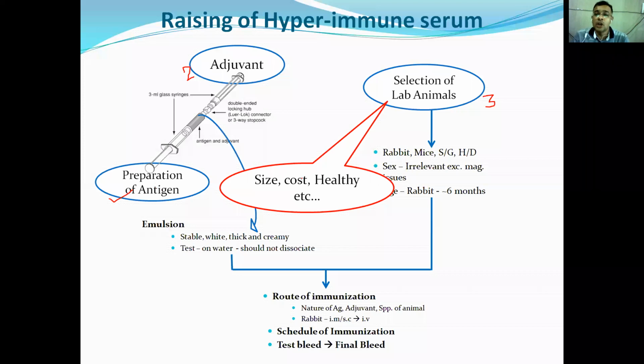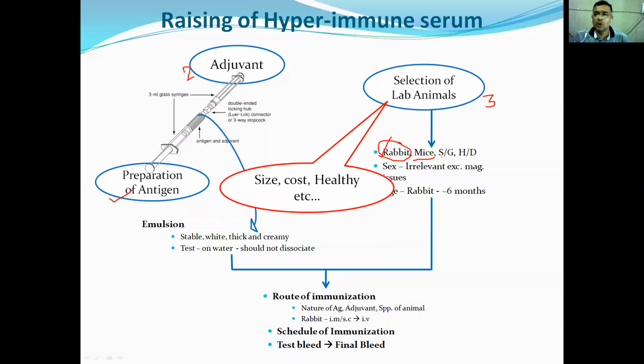So generally we use rabbit and mice for production of hyperimmune serum, and in principle we use rabbit as the ideal model, and that's why we consider rabbit the queen of hyperimmune serum. At the same time, it must be fixed in your mind that the queen of complement is the guinea pig. Mice can be used, generally when we are producing monoclonal antibody. In such cases, BALB/c mice are generally used.